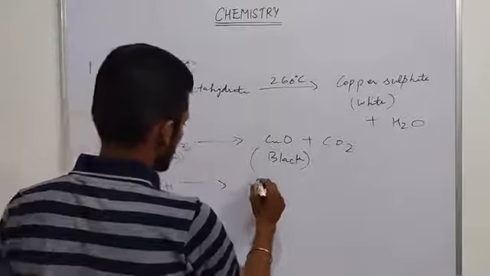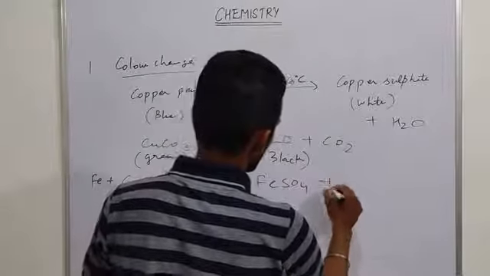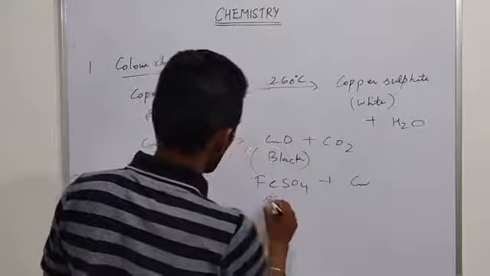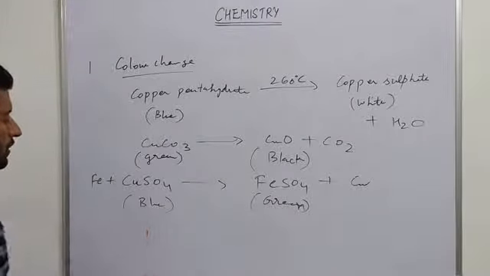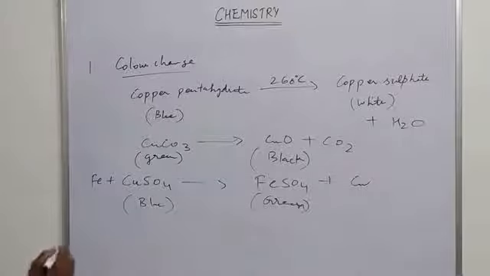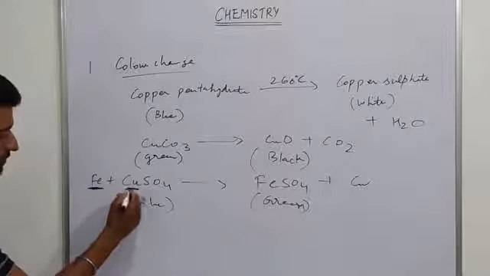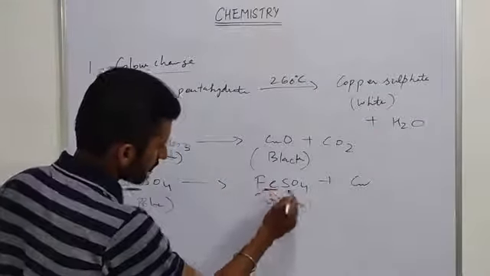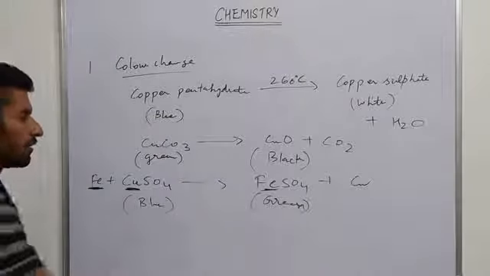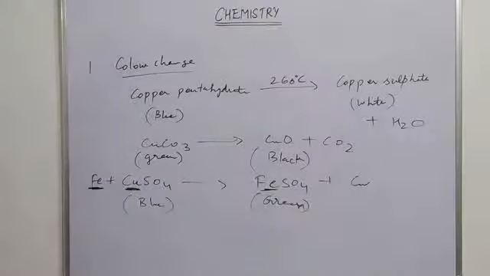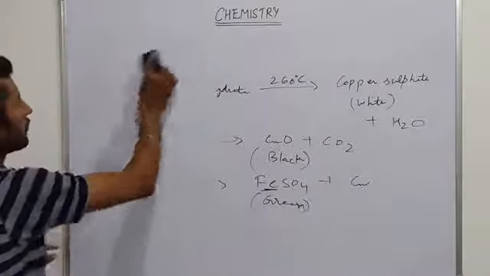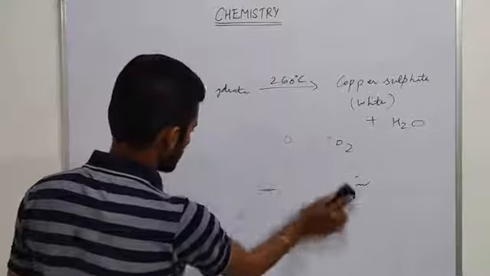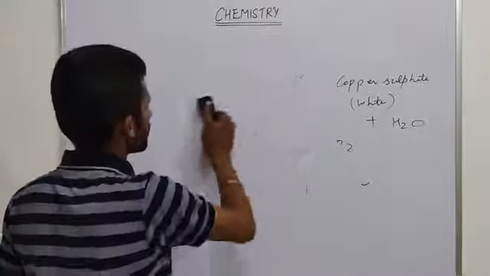So copper sulfate plus iron, the color first of all it is blue, after that it changes to green. So that also indicates a chemical equation. So this is an example of displacement reaction. Displacement means this iron displaces copper and itself it combines here with these sulfate and copper is displaced, substituted. Clear? Another example of chemical reaction or chemical change which involves the formation of